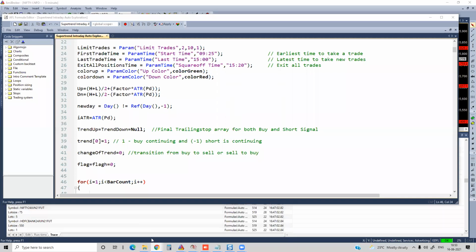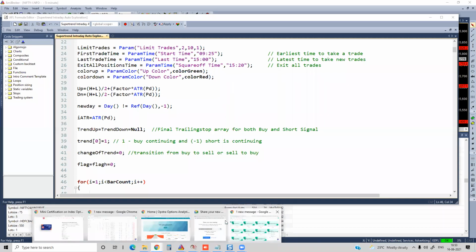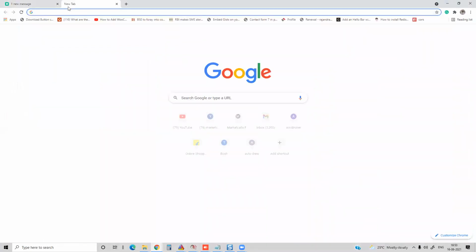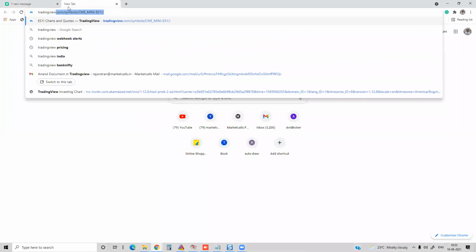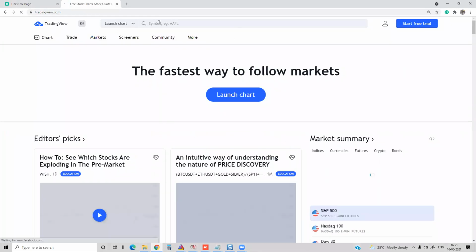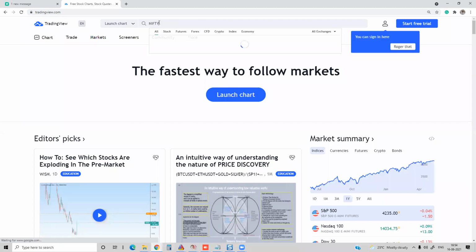If you go to TradingView, let me pull up TradingView here. TradingView.com. I'll go to Nifty.